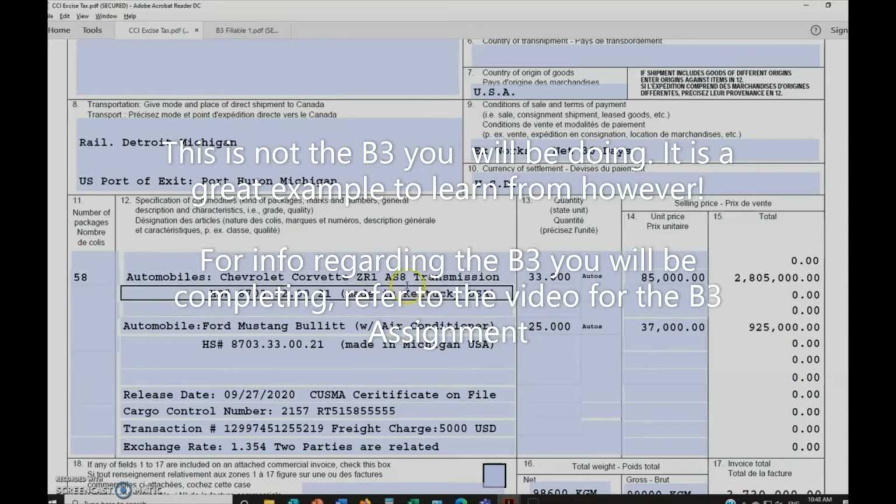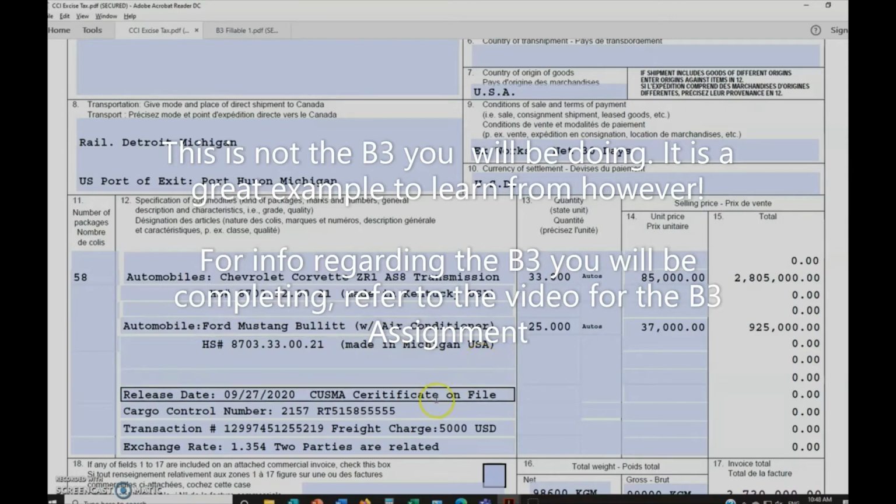We've got a Chevrolet Corvette ZR1 AS8 transmission. The reason why I'm being very specific is we have to know whether that's a fuel inefficient automobile or not. And we also have another automobile, a Ford Mustang Bullitt with air conditioner. Okay, so